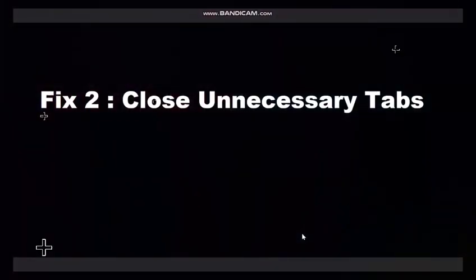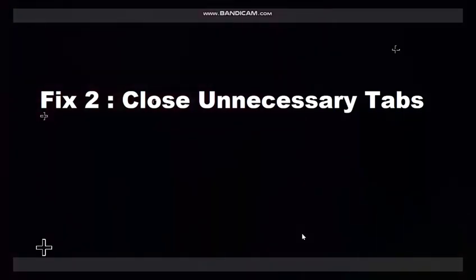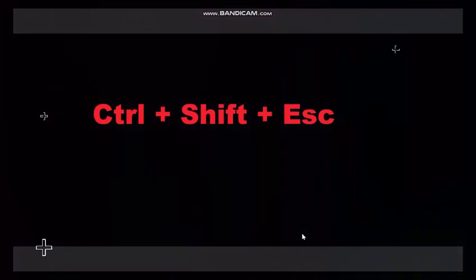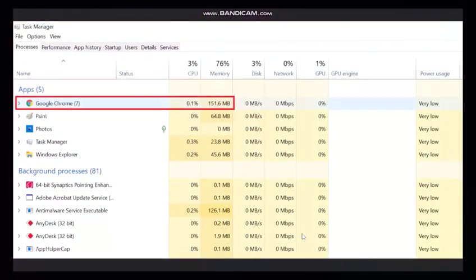Our second process is close unnecessary tabs. When you open too many tabs in the Chrome browser, the browser consumes lots of resources and becomes slow. If you want to see how many resources your Chrome browser consumes, just press Ctrl, Shift and Escape together on your keyboard. Then you will go to the Task Manager page. On this page, you can see the consumption of resources for the Chrome browser. Therefore, if you encounter Chrome running slow after opening plenty of tabs, just try to close some unnecessary ones so that we can overcome this issue. Then go to our third process.